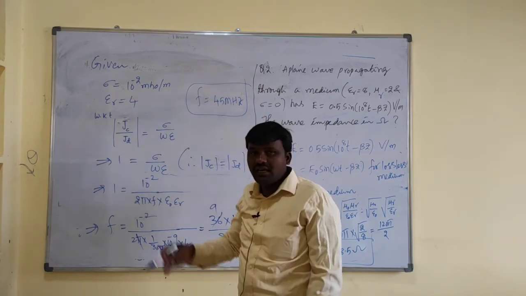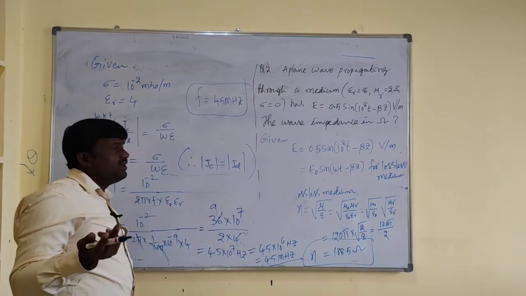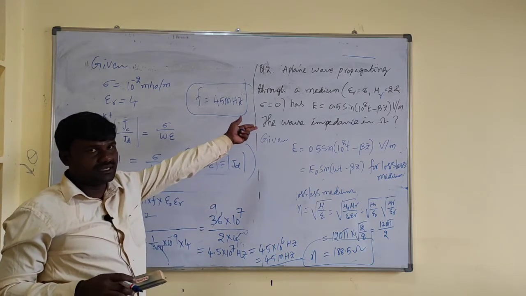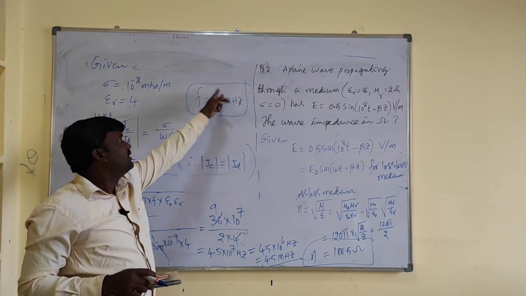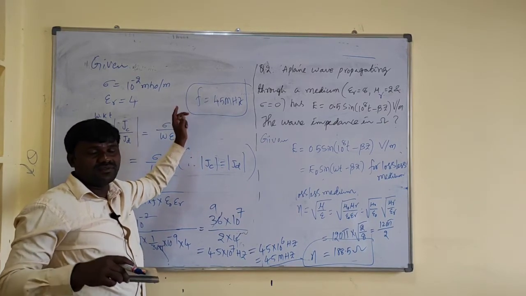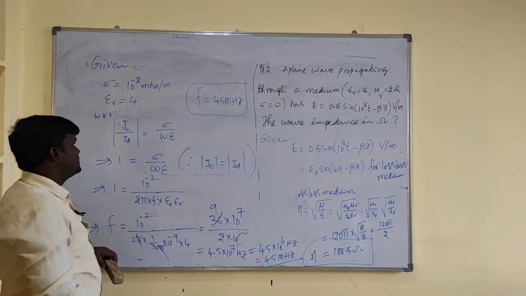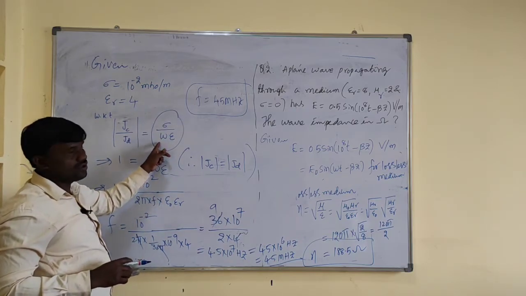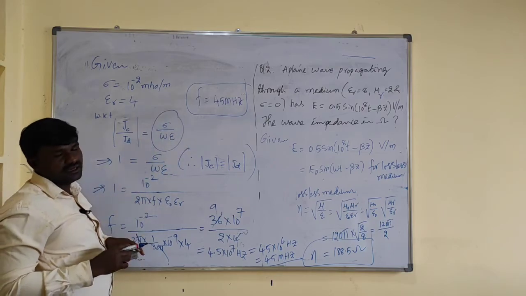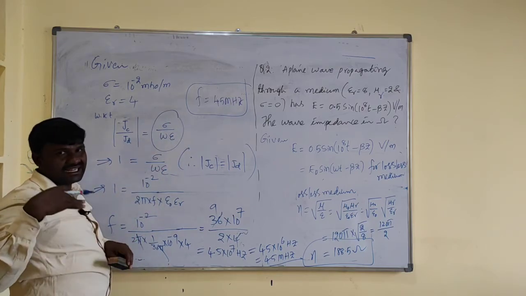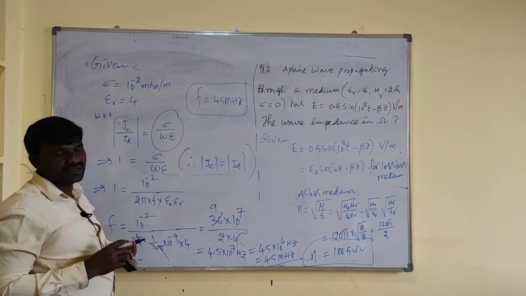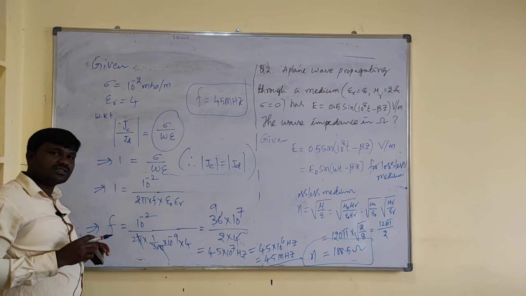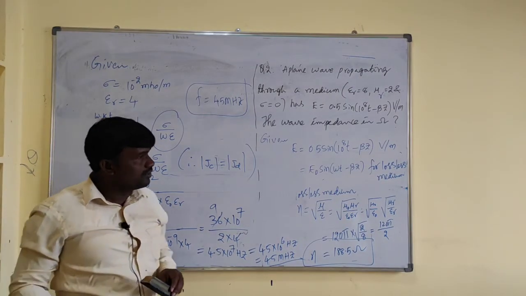So this is all about the calculation of the wavelength from the gamma, the calculation of the intrinsic impedance for the given medium, that is of course a lossless medium, and the calculation of frequency if conduction current equals the displacement current density. This ratio sigma by omega epsilon is called the dissipation factor. If you want details about this topic, please refer to the video related to the dissipation factor or loss tangent. Okay, we will meet in the next video.